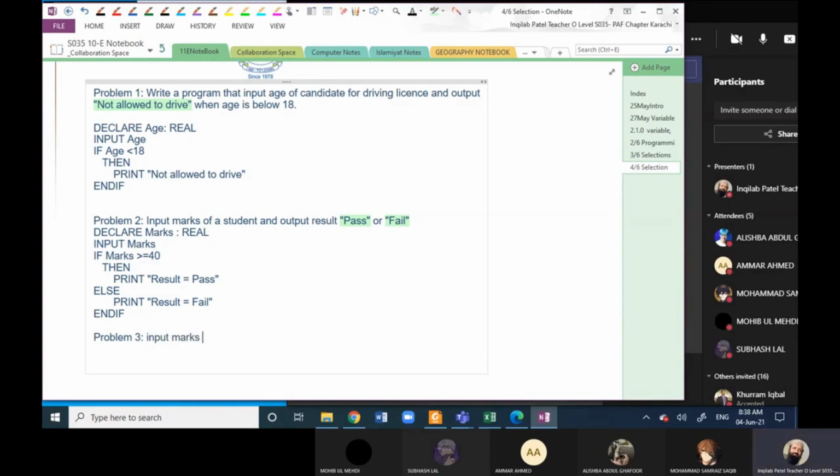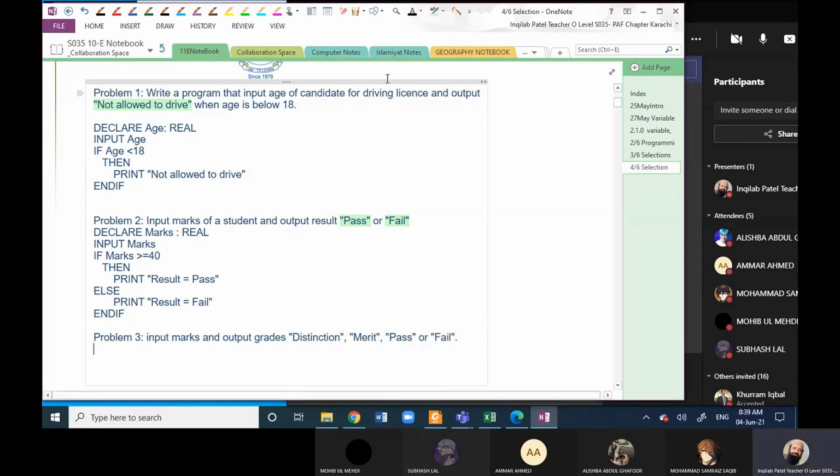Input marks and output grades: distinction, merit, pass, or fail.